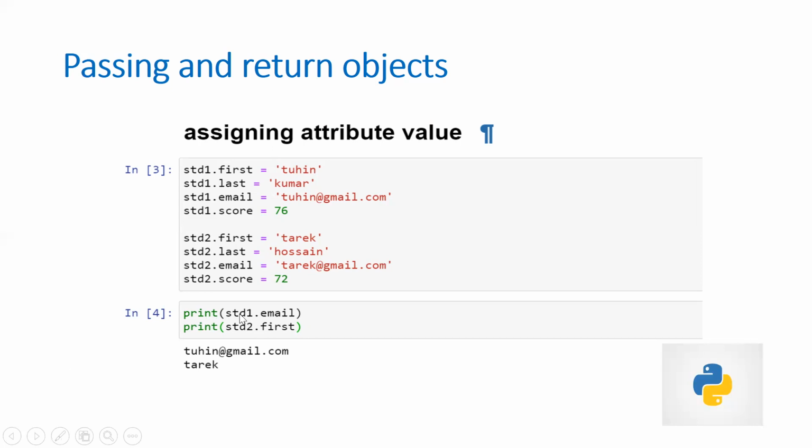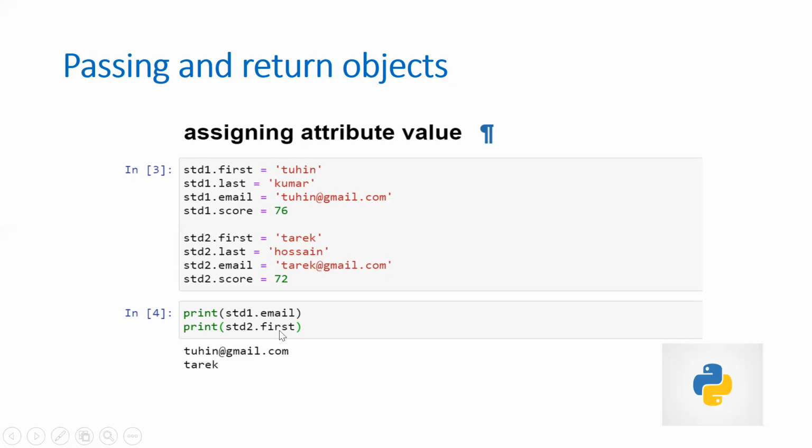The first print statement will print the email of object one. It is tuhin@gmail.com. Go to the third line: std1.email equals tuhin@gmail.com. That means I can access the email value of object one. The next print statement will print